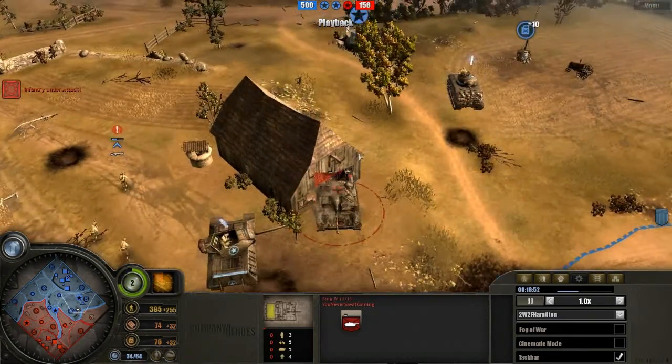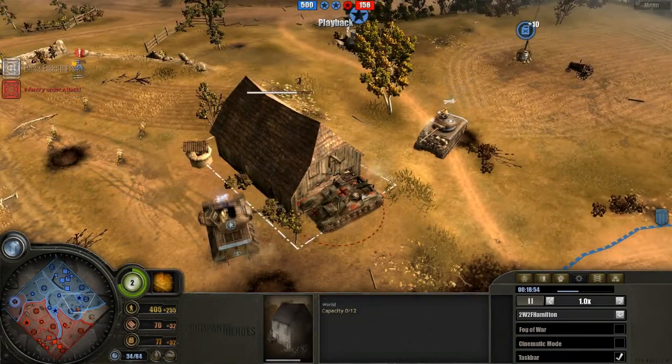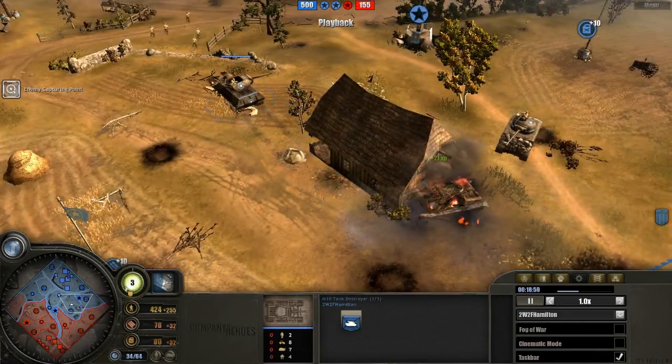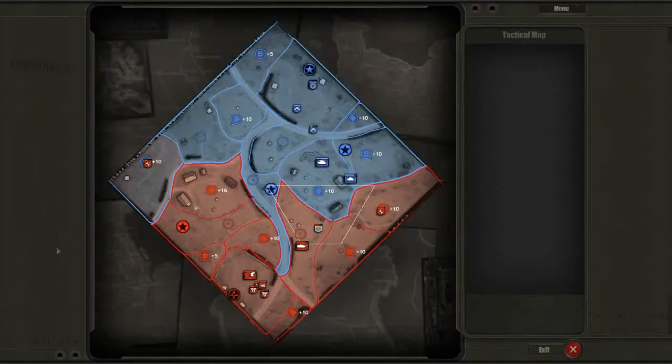Stug backs into the barn here, the little shed. Sherman comes in from behind and steals the M10 kill. Probably not happy about that. Focused on driving the M10. The left side here, Wehrmacht player reclaiming his left side for the fuel. US player...